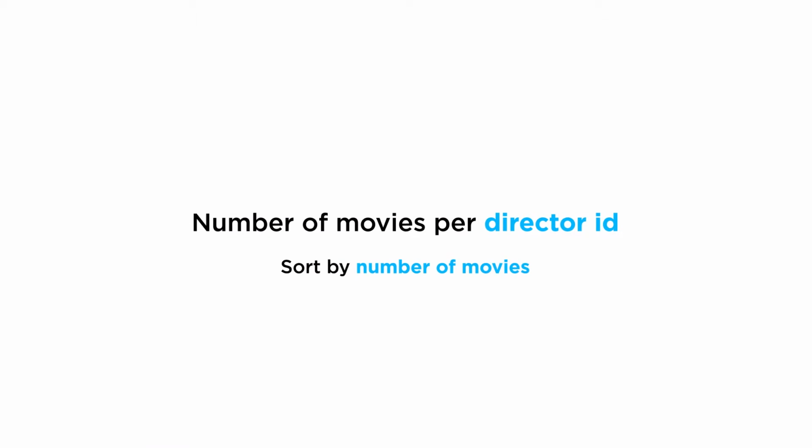We want to compute the number of movies per director ID, ranking first the directors with the most movies. To keep things simple, we'll only be looking for director IDs and will not try for now to add the details for each director in the results. So, how can we compute the results for this query? First of all, the information that we need to answer this query is in the movies directors table.